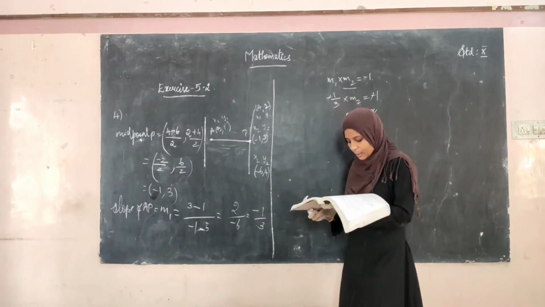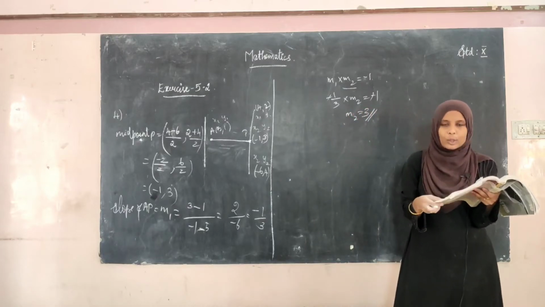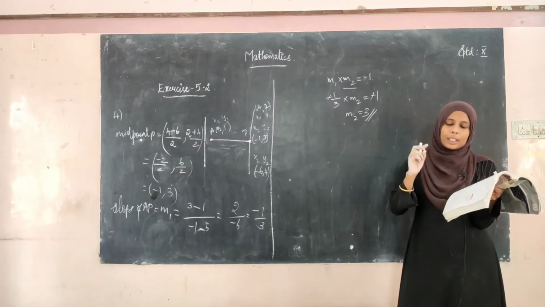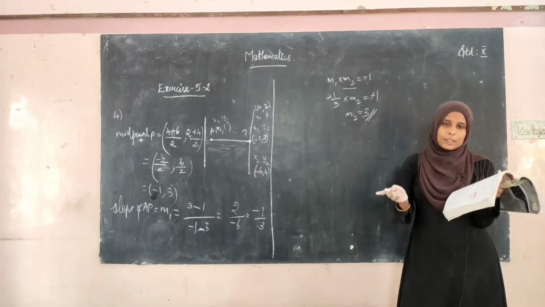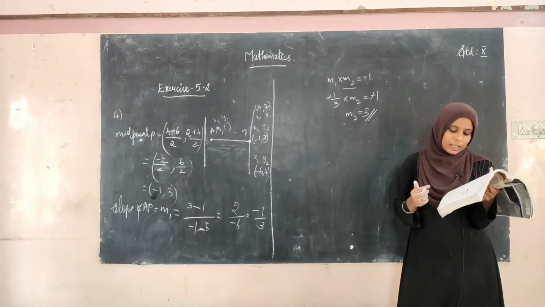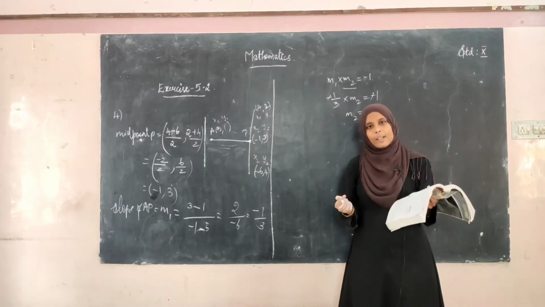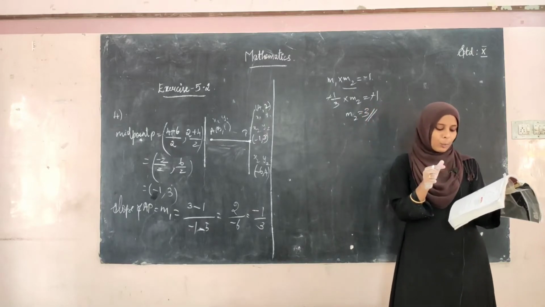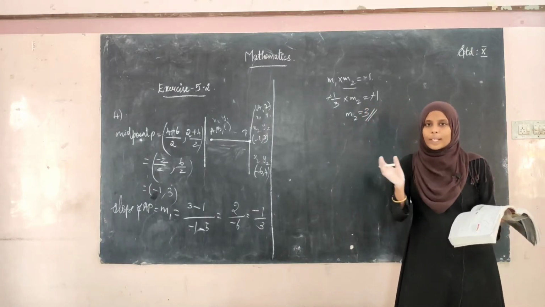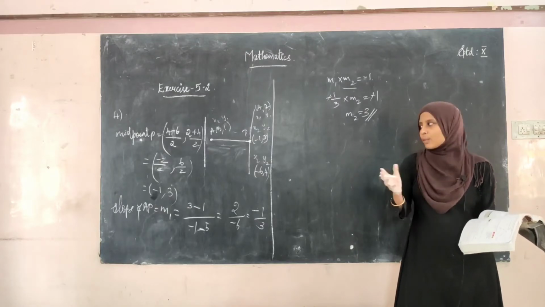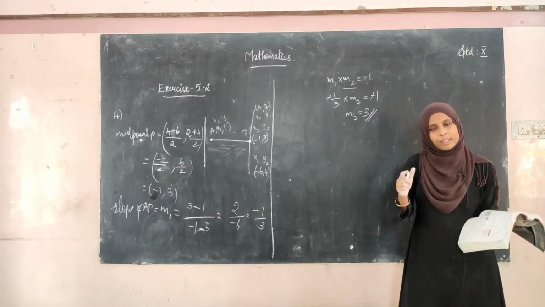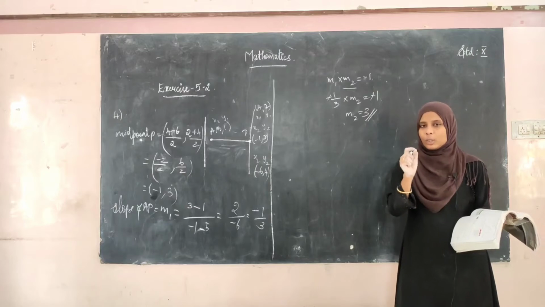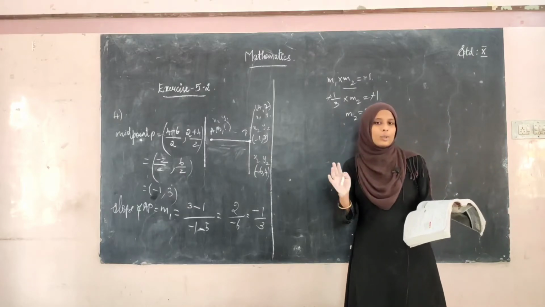See the fifth sum and sixth sum. Fifth sum: show that the given points are collinear. Collinear means you have to take two points and find its slope. If the two slopes are the same, you can say that the 3 points are collinear. See the sixth sum: if the 3 points are collinear, find the value. So collinear means the slopes will be the same. We have to take the first 2 points and another 2 points, then equate the slopes. Find the slope using the formula y2 minus y1 divided by x2 minus x1. After finding two slopes, equate m1 equal to m2. After solving that you will get A.